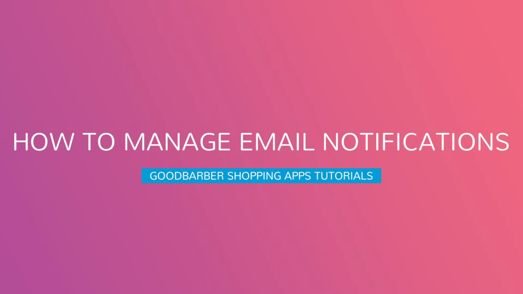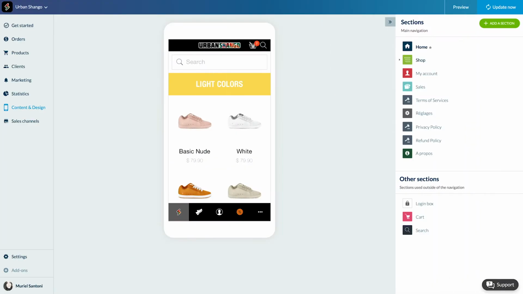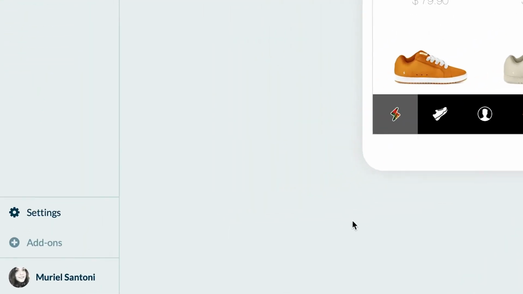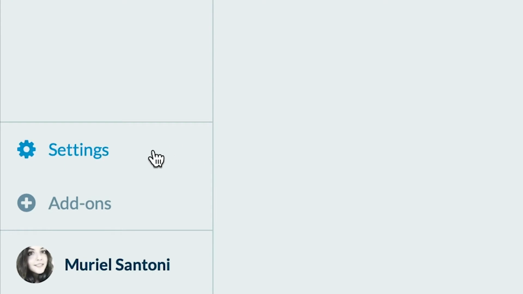Today, we'll learn how to set up the email notifications. Email notifications, or transactional emails, are sent to your client at different stages of their journey. These emails can't be disabled, but you can edit their content. Let's see how. Go to the menu Settings,